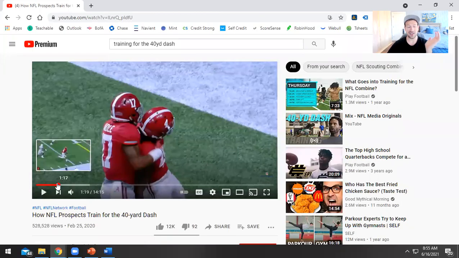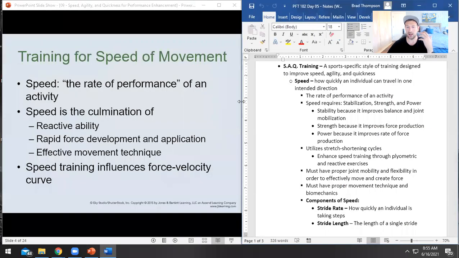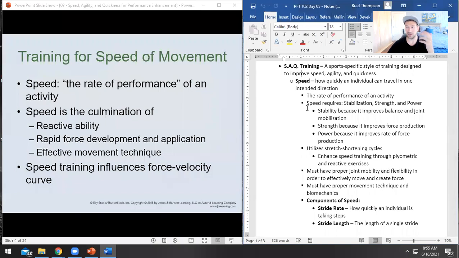So what we're paying attention to in this video is they're talking very clearly about very specific form and running a specific way. I love what that guy said, where if we're talking about elite level 40-yard dashes, the couple of inches in the angle between their hips, those inches are the difference between an elite time and an average time. And so when we're talking about speed, a big component of it is definitely going to be your movement efficiency and your form.